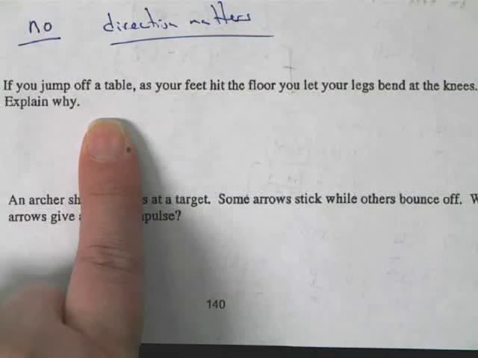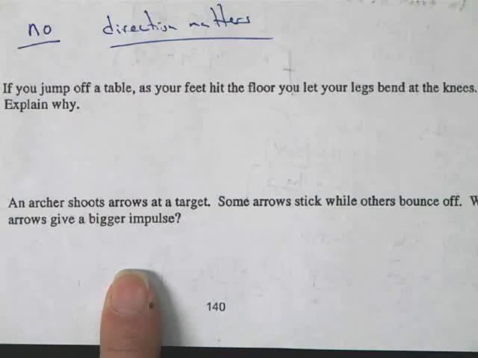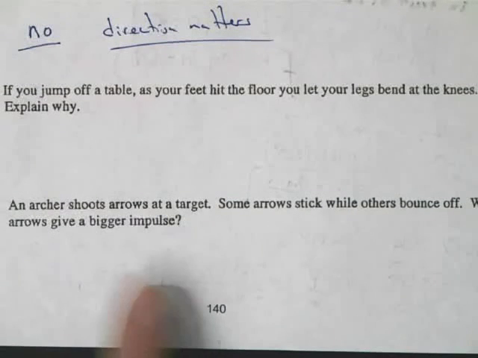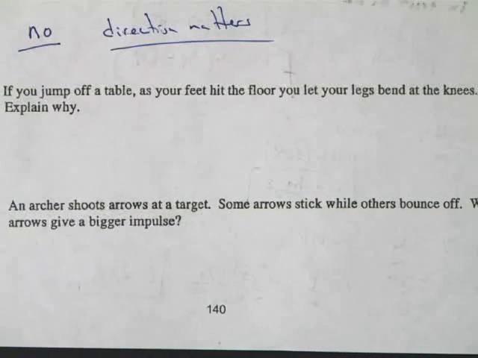Okay, C. An archer shoots arrows at a target. Some arrows stick, while other arrows bounce off. Which arrows give a bigger impulse? So when we talk about the stopping questions, they're all the same impulse, whether you land with